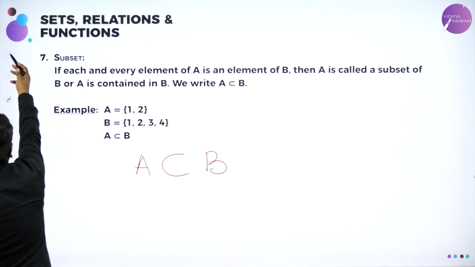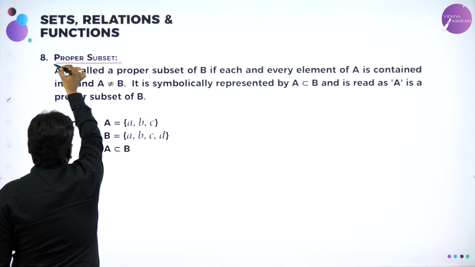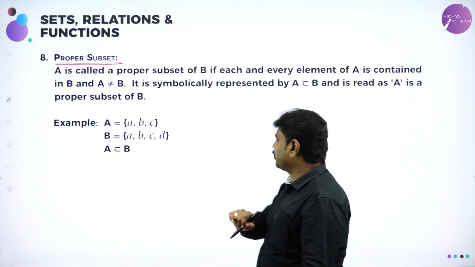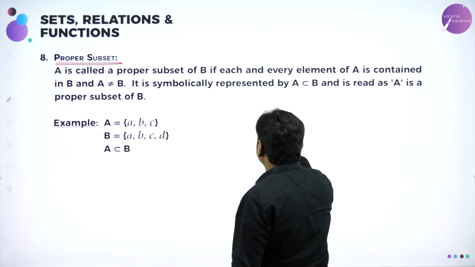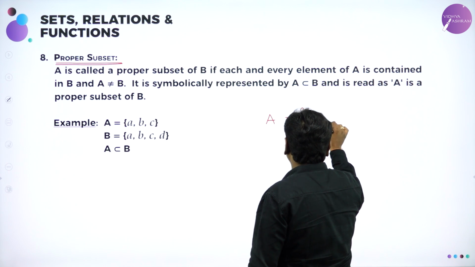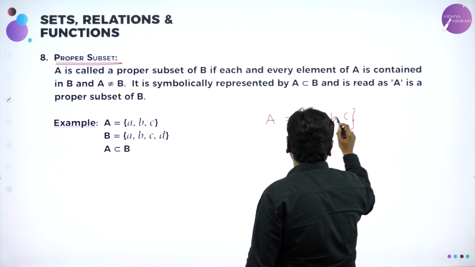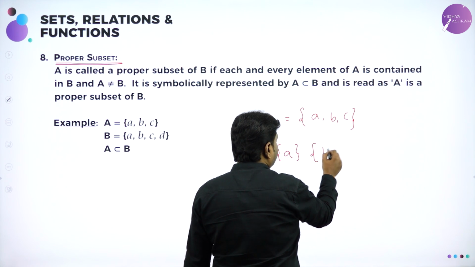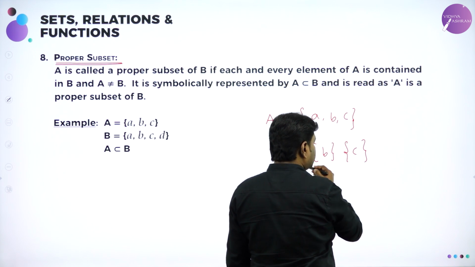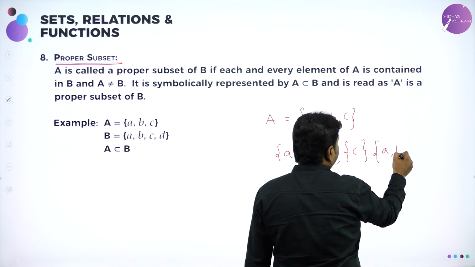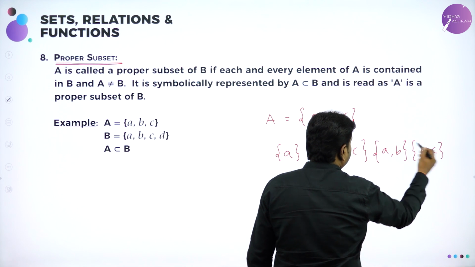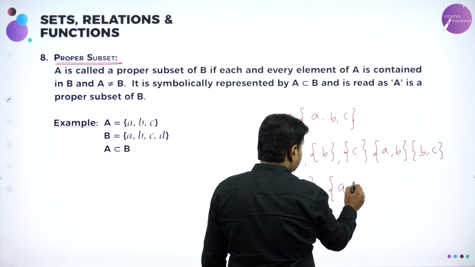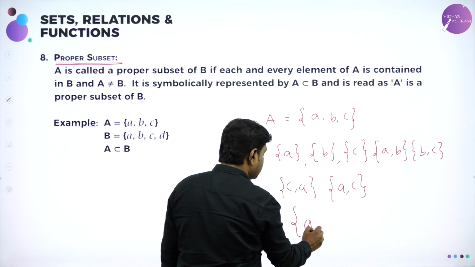Now, further, proper subset, interesting and important. For any set, you can write subsets. For example, I'll take a simple set called A is equal to a, b, c, 3 elements. One of the subsets is a, and an element with only b, a single element, and c. These are all subsets. Or I can take two elements: a, b; b, c; c, a. These are all subsets of A. Or I can write a, c. Or at the same time I can write abc itself.